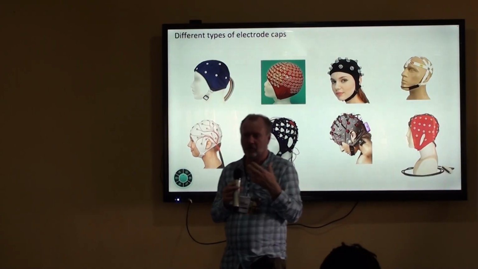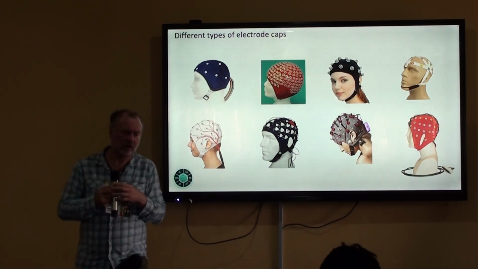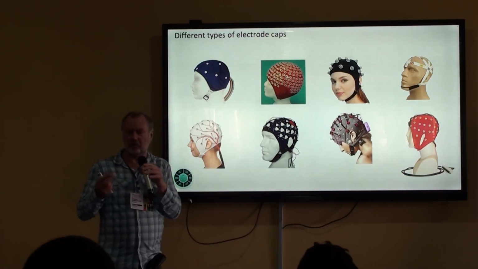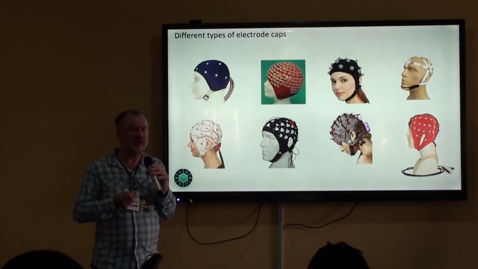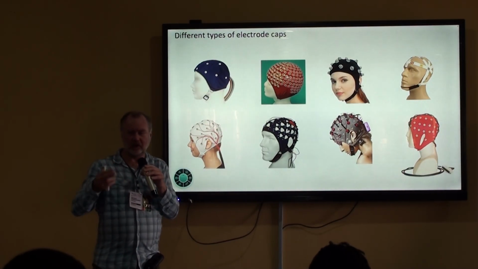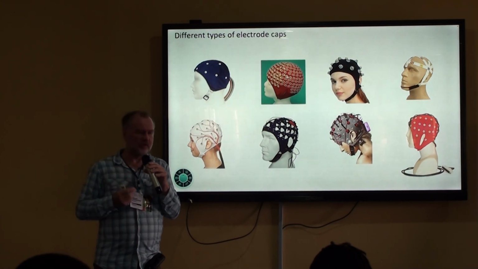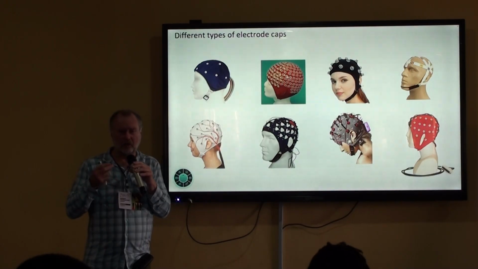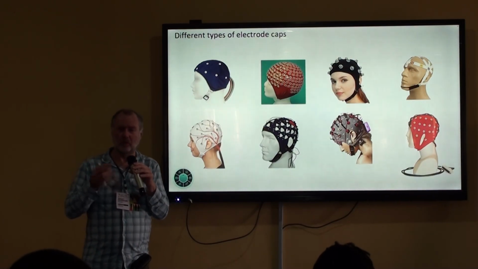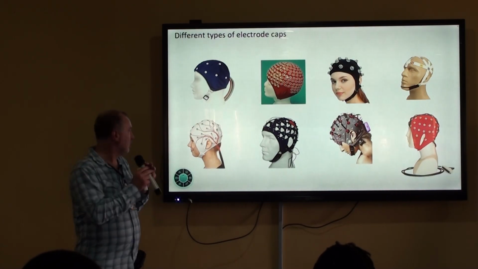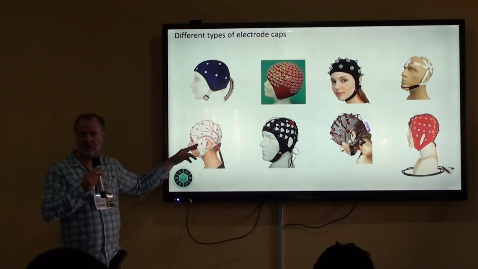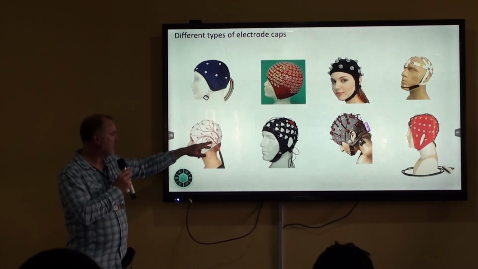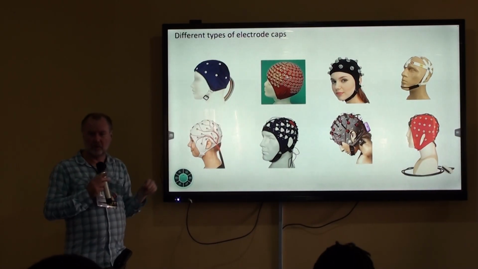Each of these caps has its own advantages and disadvantages. It is actually an important consideration if you buy an EEG system that the system often comes with a cap as well. Some companies have better quality caps than others. Some companies have more expensive caps. Some companies have more flexible caps. If you have a cap like this, so in this specific example, the wires are sewn to the cap, which means that